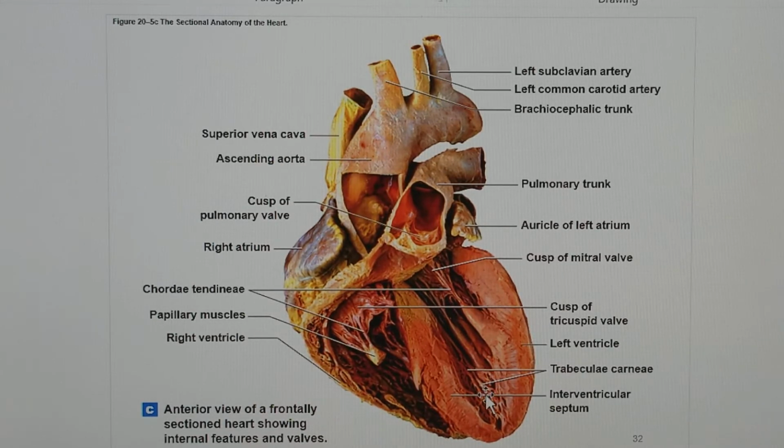And we can see some things, landmarks that we've looked at already. The trabeculae carneae, which is the muscle folds inside the ventricles. The cusps of the papillary muscles holding the ligaments of the cusps. Auricle covering the right atrium. Ascending aorta, superior vena cava, brachiocephalic trunk, left common carotid artery, left subclavian artery,